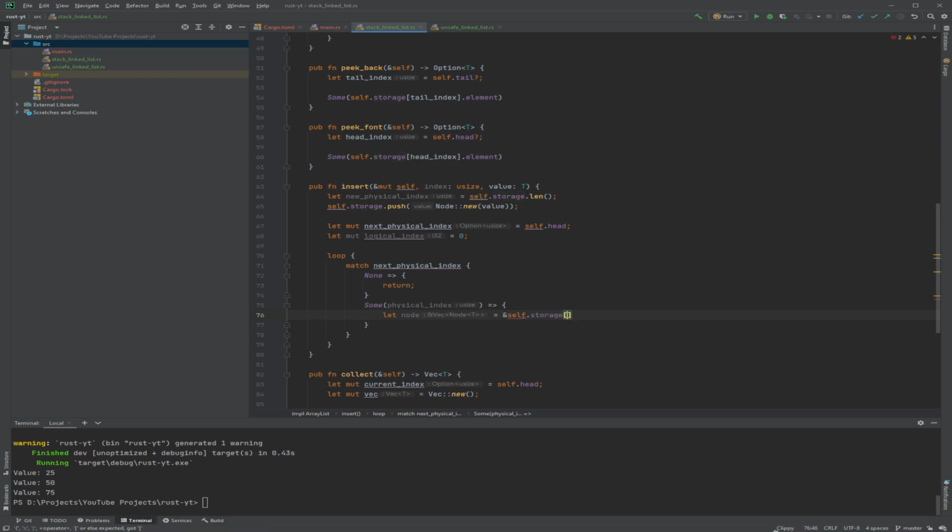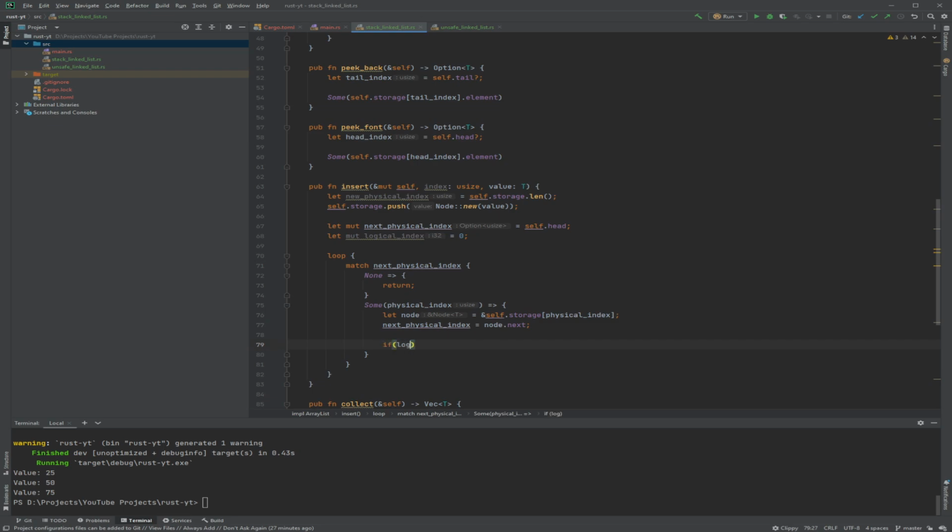So storage, physical index. The next physical index will be node.next. That's the next physical address index, because next gives us a physical index. It's confusing. So now if the logical index matches the index that the user is asking for the item to be inserted after, then we can do the insertion.